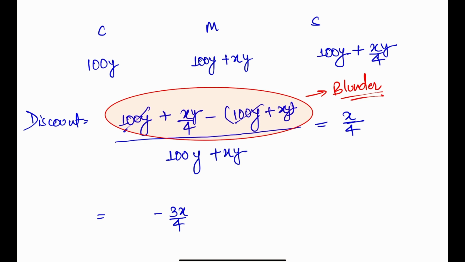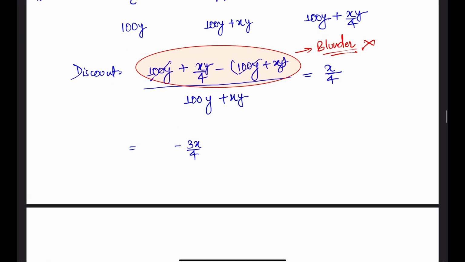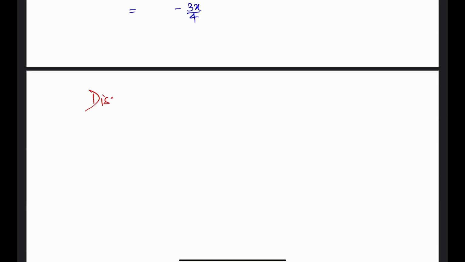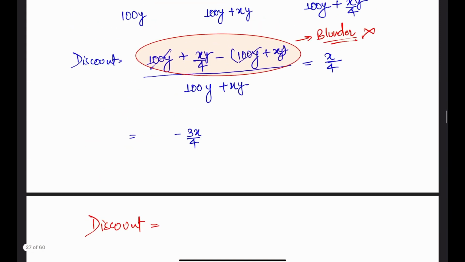This is wrong. The real discount is calculated from the market price and how much I have sold. So what I have given as discount is nothing but 100y plus xy minus 100y